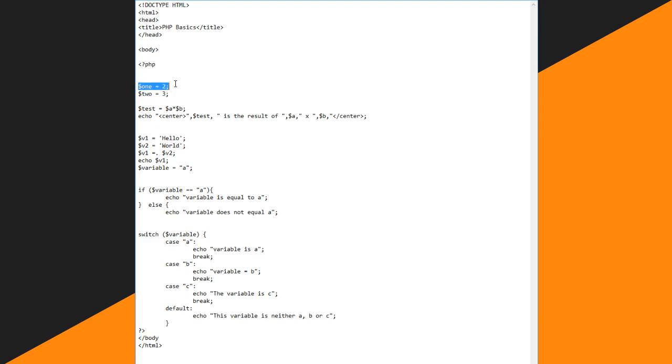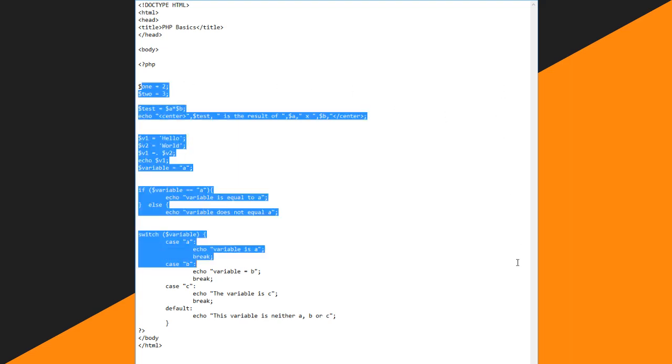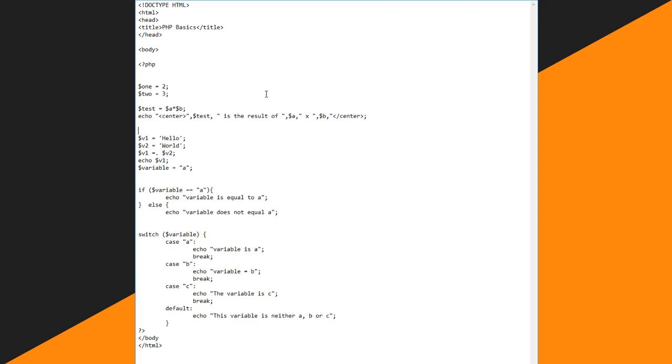After each statement, you need to make sure that you have a semicolon, which lets it know when each statement is closed. That is also how I've organized it, with good indenting, because otherwise it would be one line that you can't read. From these two variables, we can multiply the two together. So 2 times 3 equals 6. I set the variable test to variable 1 times variable 2, and then we can use the echo command